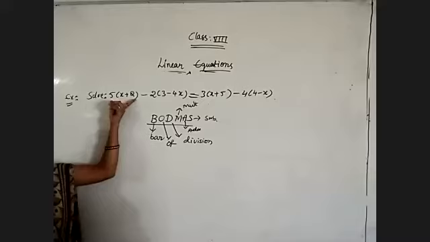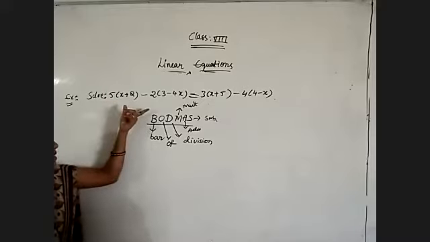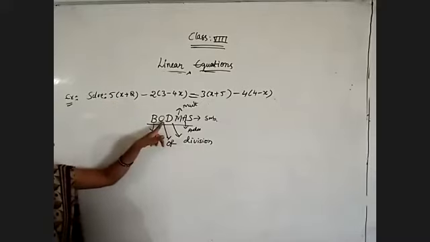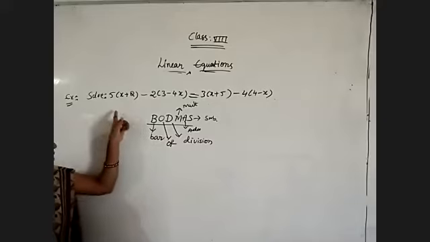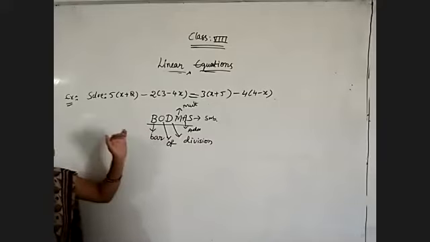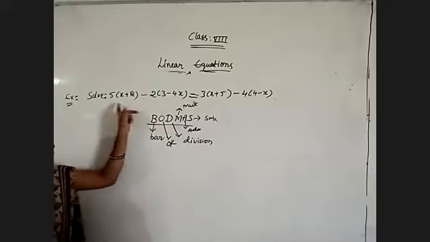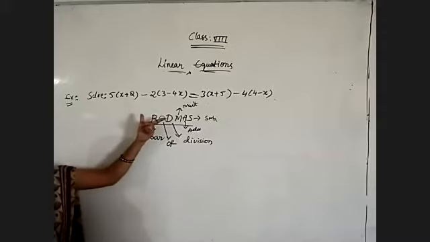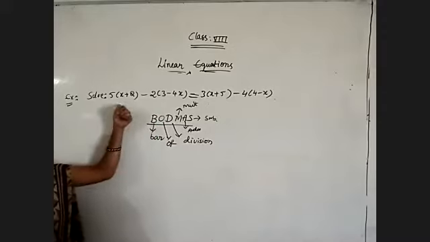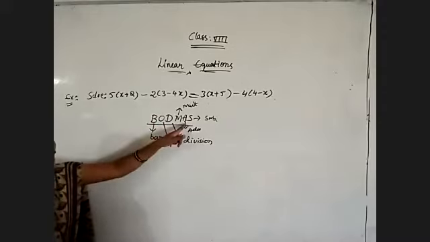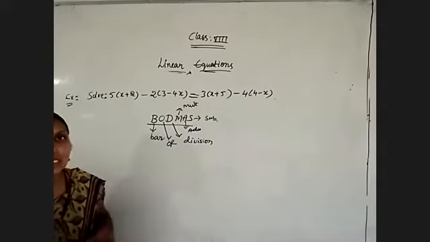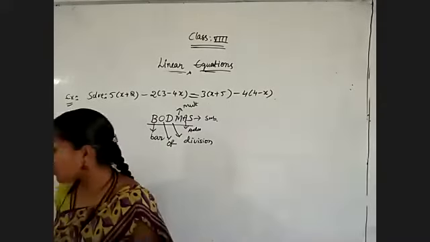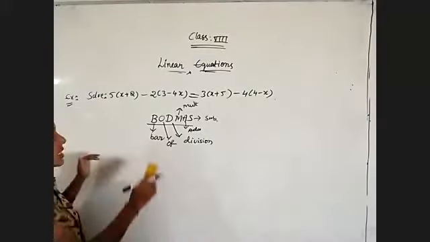We need to remove the brackets. After that, if we have a half, it is also multiplication; we will treat it as multiplication. If we have that term, we need to do that first. After that, division, but here we didn't have division. After that, multiplication. Multiplication is there, addition is there, subtraction is there. Follow the order while you are simplifying such type of question.